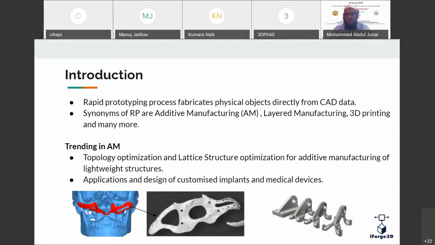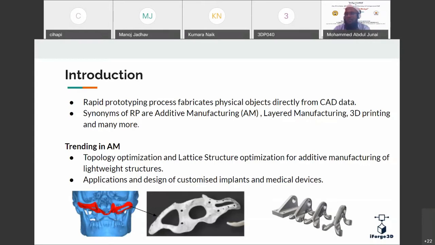You can't find any primitive feature in those designs. So it will be a little difficult to manufacture these kinds of products using traditional manufacturing techniques. That's the reason we have chosen additive manufacturing, and it has a lot of scope.